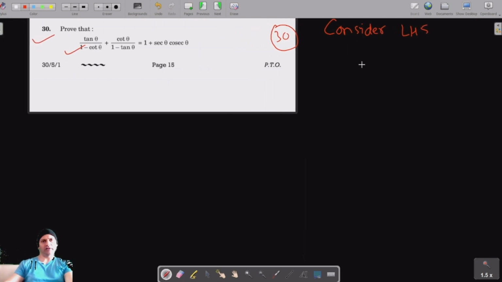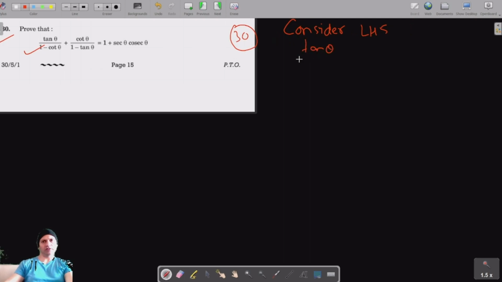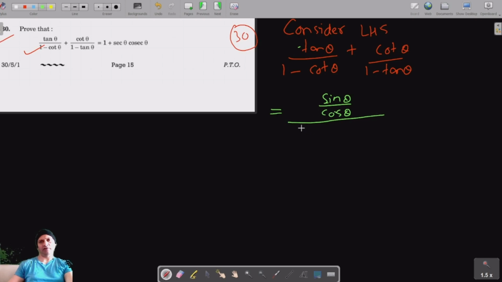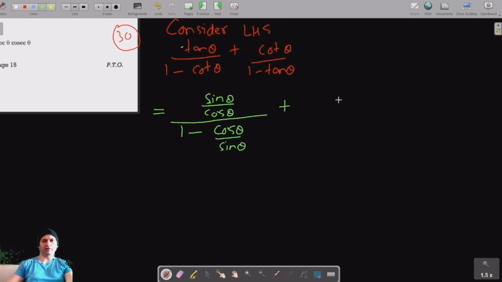Consider the left hand side, which is tan theta over 1 minus cot theta plus cot theta over 1 minus tan theta. We will try to write all of this in terms of sine and cos. So tan is sine theta by cos theta, over 1 minus cos by sine, plus cos theta